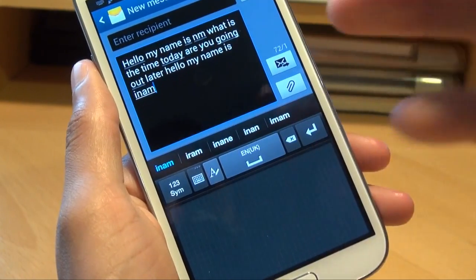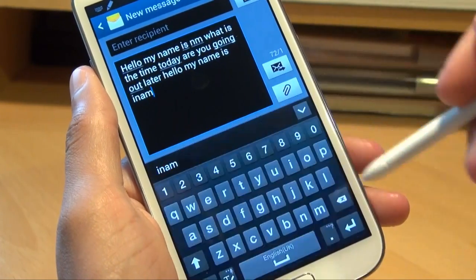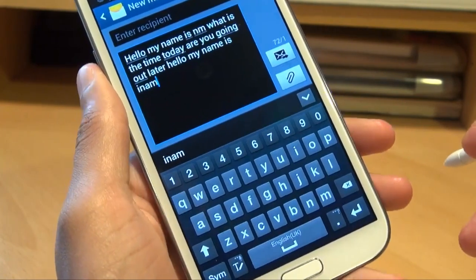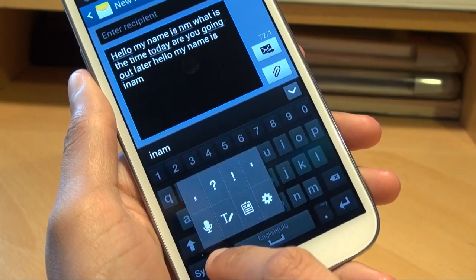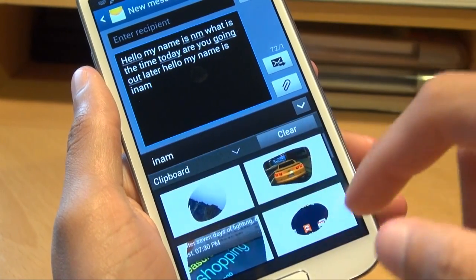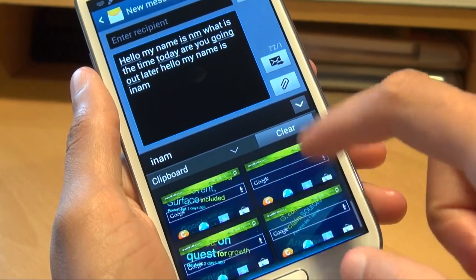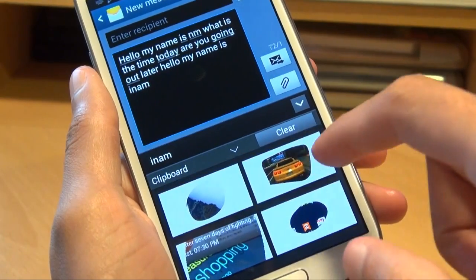Great added functionality to the Note 2, and you can swap back to the regular keyboard from here just by tapping on the keyboard button there, and it throws you back to the regular Android Samsung keyboard. Now what we can do from here is hold down that same input button, which displays the same submenu as previously. We're going to go to the clipboard, and it gives you a list of everything that's contained within your clipboard. Now you can see there I've got full screenshots, as well as easy clip screenshots I've used from